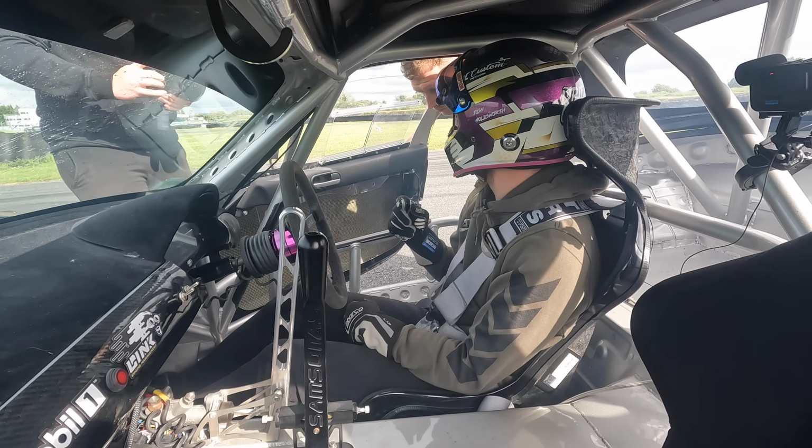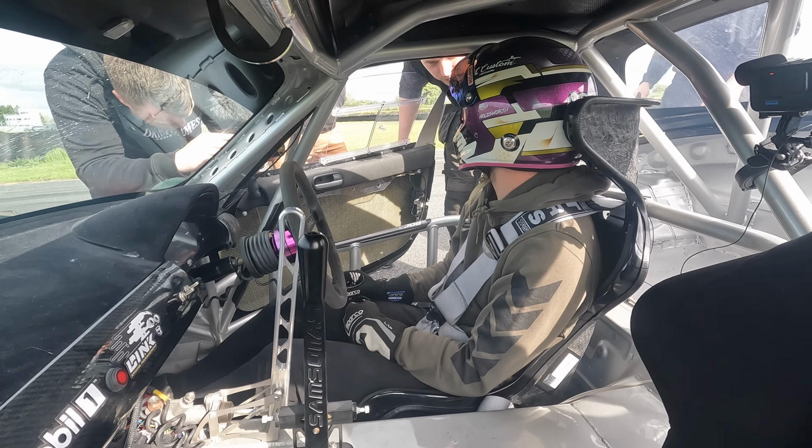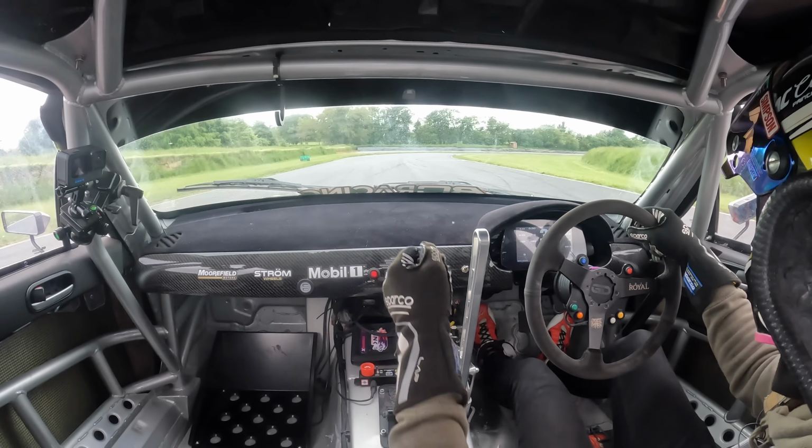That's a very happy medium of feeling grippy. I wouldn't want to drive it fully like that, but that's controllable grip. May as well go for one last lap. Never say one last lap, but